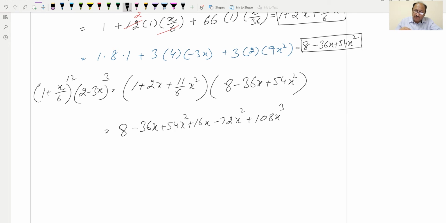Now 11 by 6 multiplied by 8 will be 88 over 6, so plus 88 over 6x square,